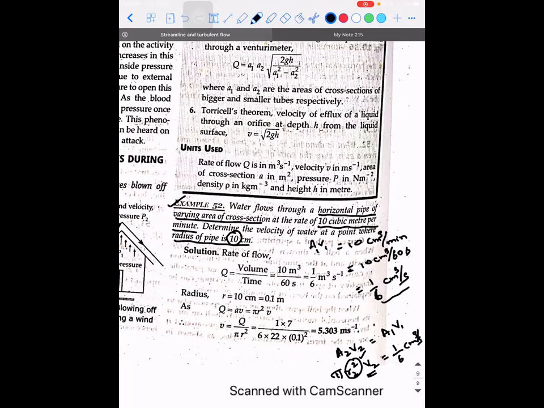When we convert meter cube to centimeter cube, shouldn't there be something in tenths? Not necessary. See, maybe you will report the answer in centimeter per second. That's still accepted, because they are not so specific about reporting your answer in meter per second. You need not worry about that. Even centimeter per second is accepted.